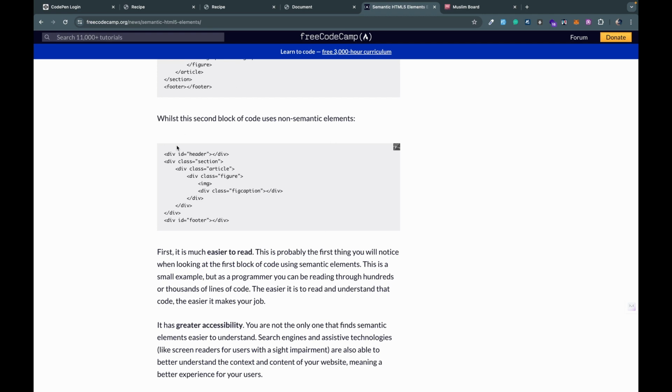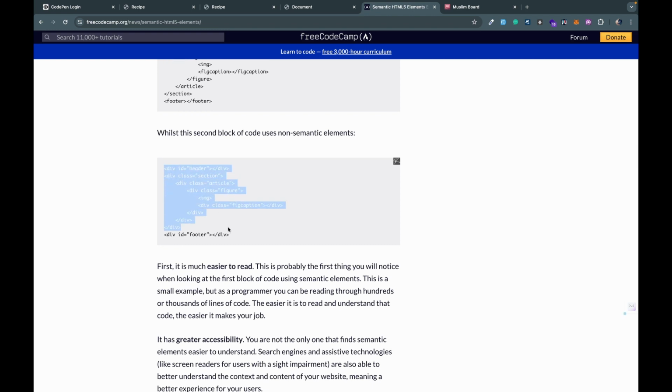Because for example, if you have this type of code, the screen reader will be confused because everything will just be a div. The screen reader will not even be able to understand what aspect it is. So if you want to define an image somewhere, or define a section, it doesn't know the difference between the section and the header. But